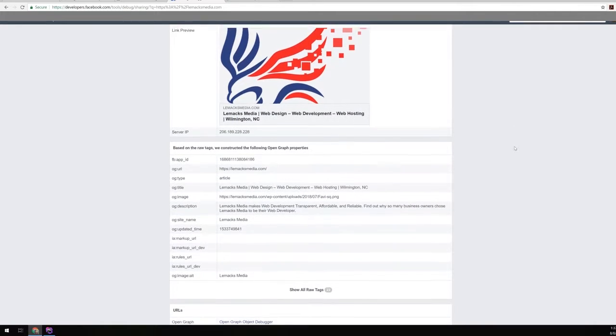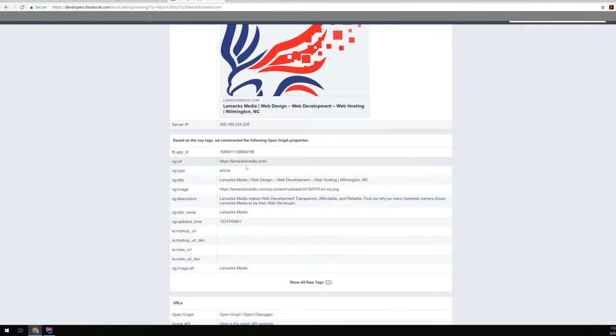And then down here you have all the information that it found from within the markup. So this is my app ID for my API stuff, which is meaningless to the outside world. The URL, the Open Graph URL, the type, it considers it an article. I could, in the template for a page, make it just be website, but it's easier for all of the content all to be marked the same. That way the structure looks the same,